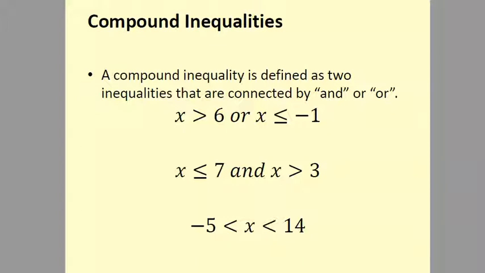The first one reads x is greater than 6 or x is less than or equal to -1. So notice the word "or" joining those two inequalities. The second one, x is less than or equal to 7 and x is greater than 3. So there you'll see the word "and." And then the third example, -5 is less than x is less than 14. So we're going to see that that third example, even though the word "and" isn't written, that is what we